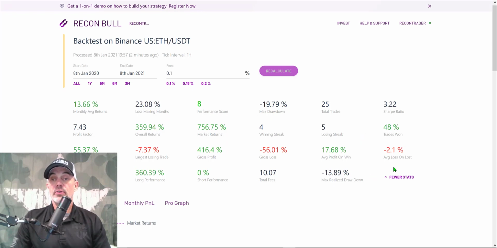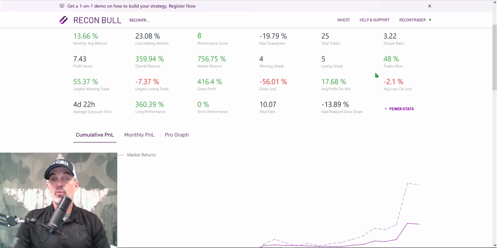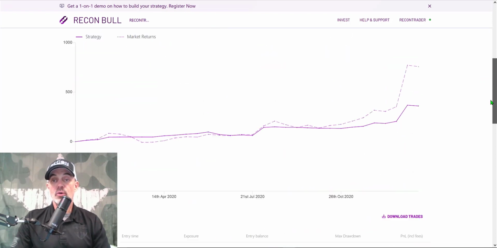And diving a little further into numbers, my average loss is only 2% versus an average profit of 17, almost 18%. That's almost a 1-to-9 risk versus reward. That is acceptable in my books. And if you can keep your risk versus reward at a 1-to-3, you'll most likely be a profitable trader in the long run. And we scroll down